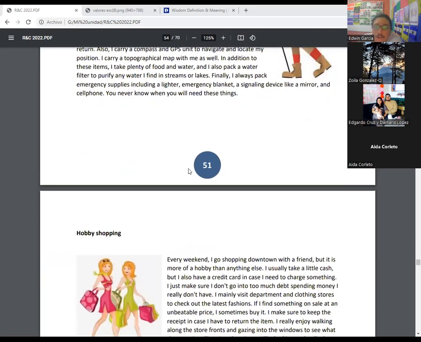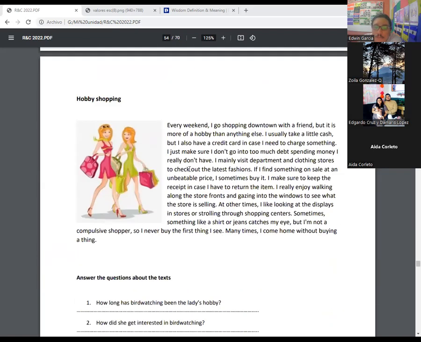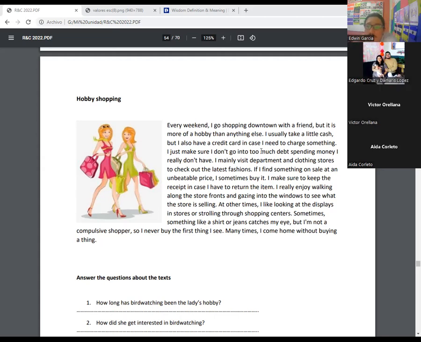Okay. Well, let's see the third one. We have a third one. In this case, who wants to practice? Tell me for tonight, who wants to read this part of the reading? Me, teacher. Okay, Victor, thank you so much. Come on. Hobby: shopping. Every weekend I go shopping downtown with a friend, but it is more a